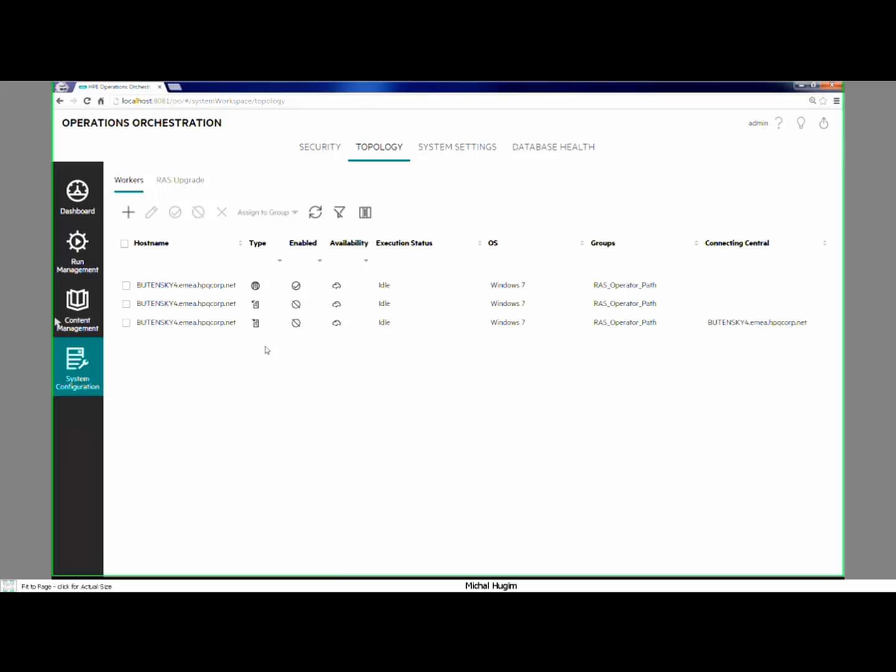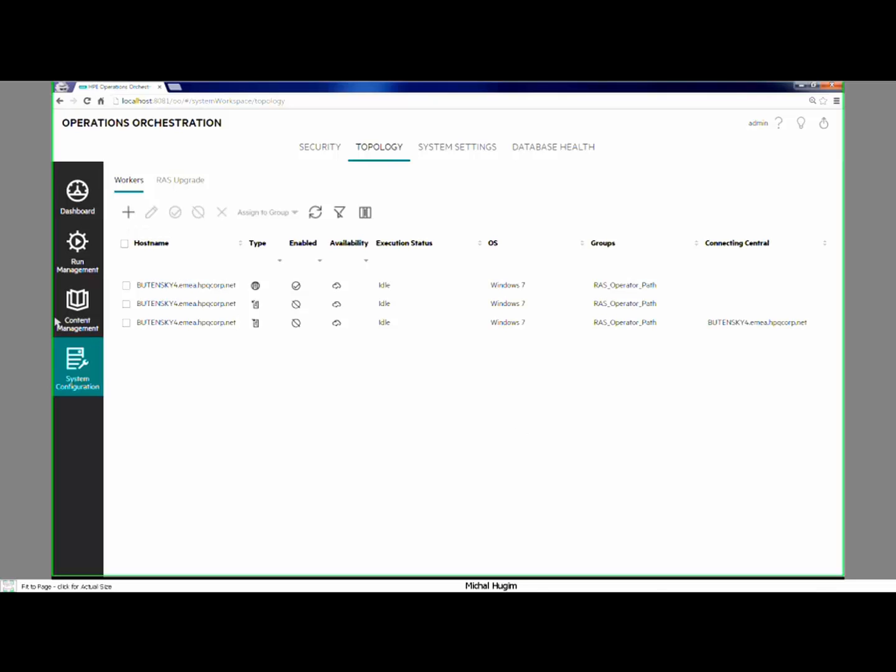So I have here the three types that we have. Why three? Because we are talking here about workers as well, and this is a central worker, because we know the central itself contains its own worker that knows to run flows as well. So this is the central worker, and we have this standard RAS, and I already added a reverse RAS in advance, but let's do it